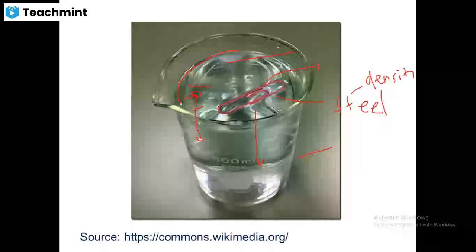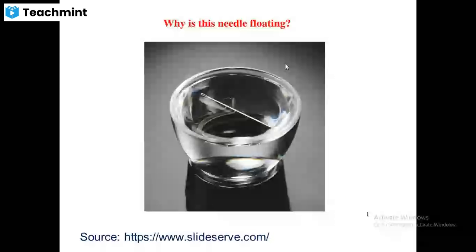Because of surface tension, this water surface acts like a stretched membrane. As I told you in the earlier case, it behaves like a stretched elastic material, which is stretched in all the directions. So it is so rigid that when you put this clip on that surface, it stands the weight of that material, and this material is able to float all over the surface. It is because of the behavior of a stretched membrane, that is, due to the concept of surface tension, right? We'll discuss it in detail again.